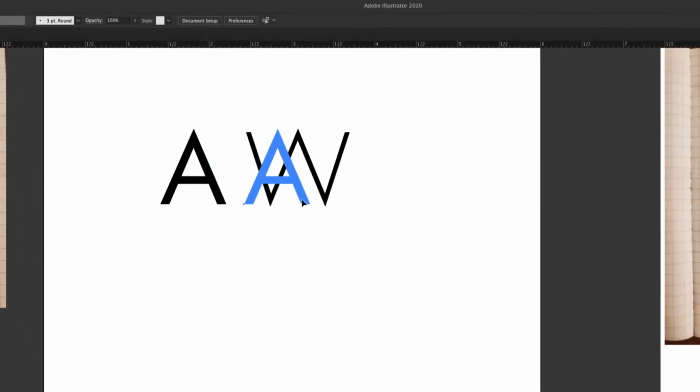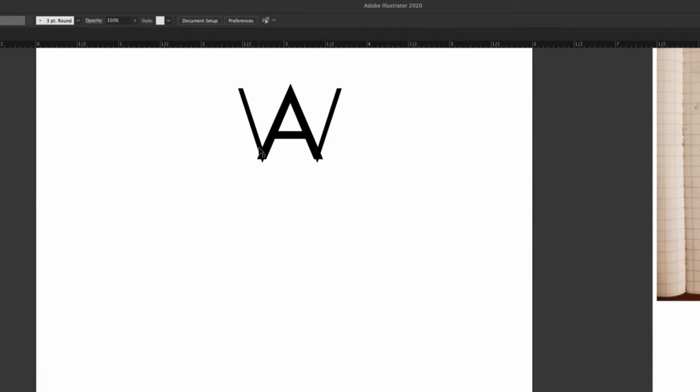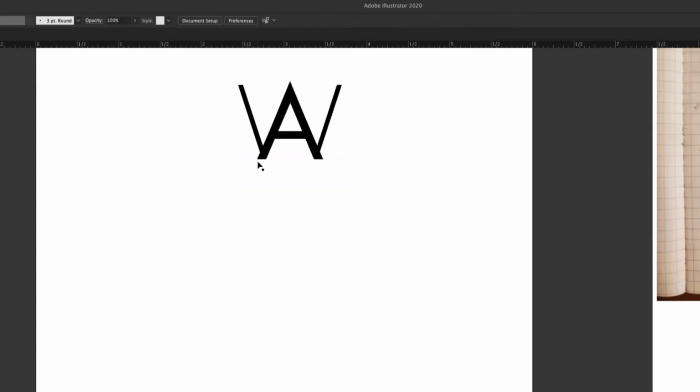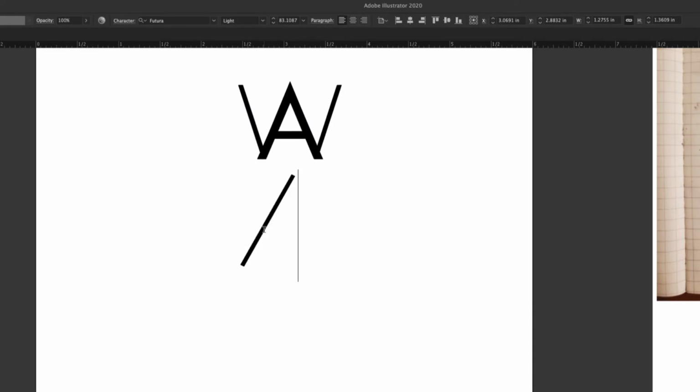Then I'm just going to take my A. And since I held down Shift before, it should be pretty close. Now see, I am going to have to do some editing a little bit because the bottom of the W comes down into a point rather than just coming off of the A. Now we could take the W and move it up, but then it's getting this wacky stuff going on here. What I'm going to look at real quick, I want to see the angles of my forward slashes. So those are